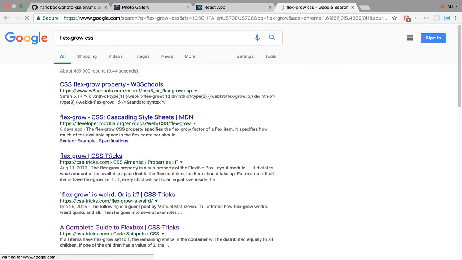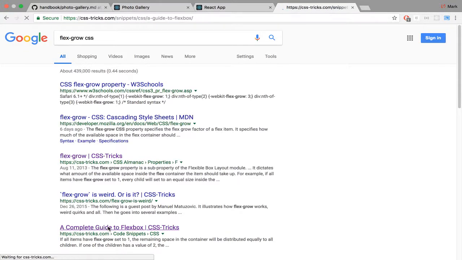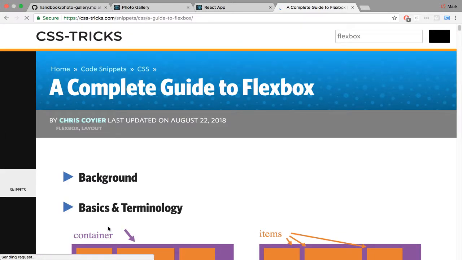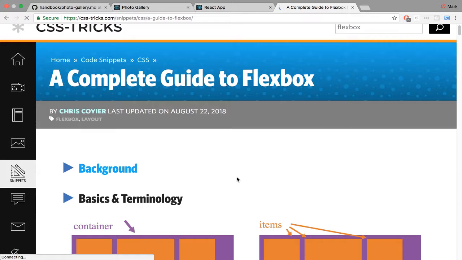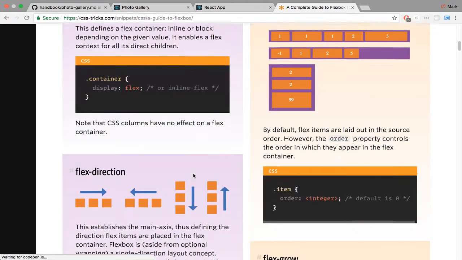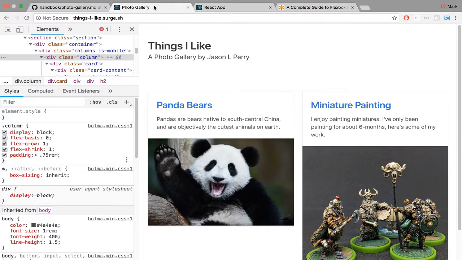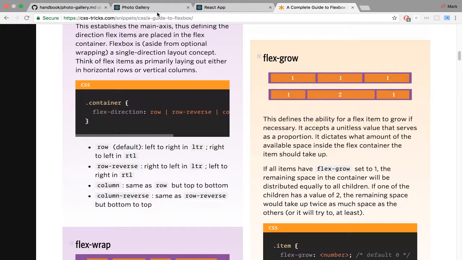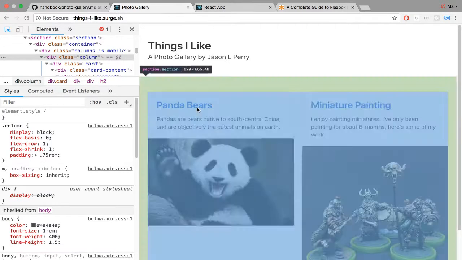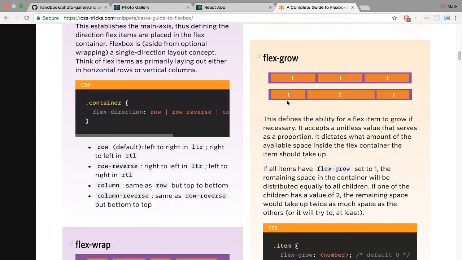CSS Tricks. No, I want this site. This site's like my Bible when it comes to Flexbox. It's CSS-Tricks.com, a complete guide to Flexbox. So we're doing what? Grow, basis, and shrink. Yep. So basis is 0. Is it 0? It's 0 for everything. That's a column. Yep. So flex basis